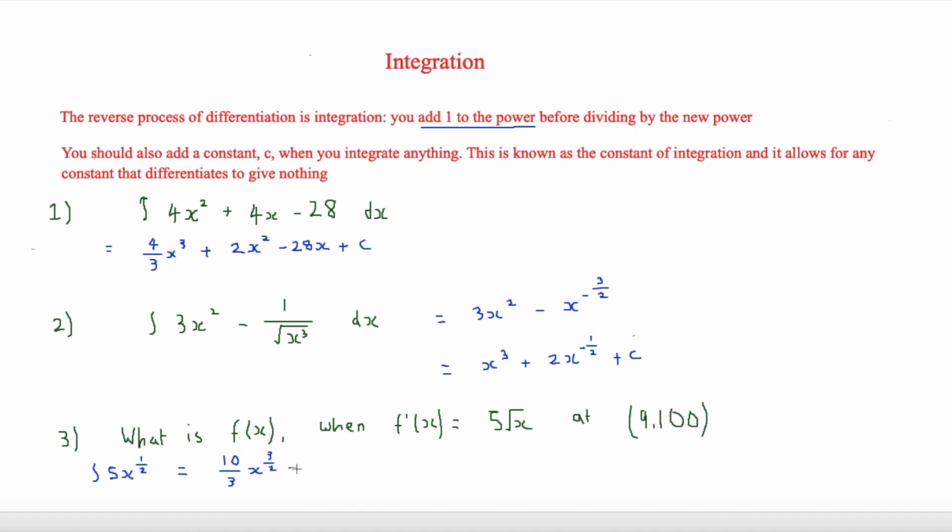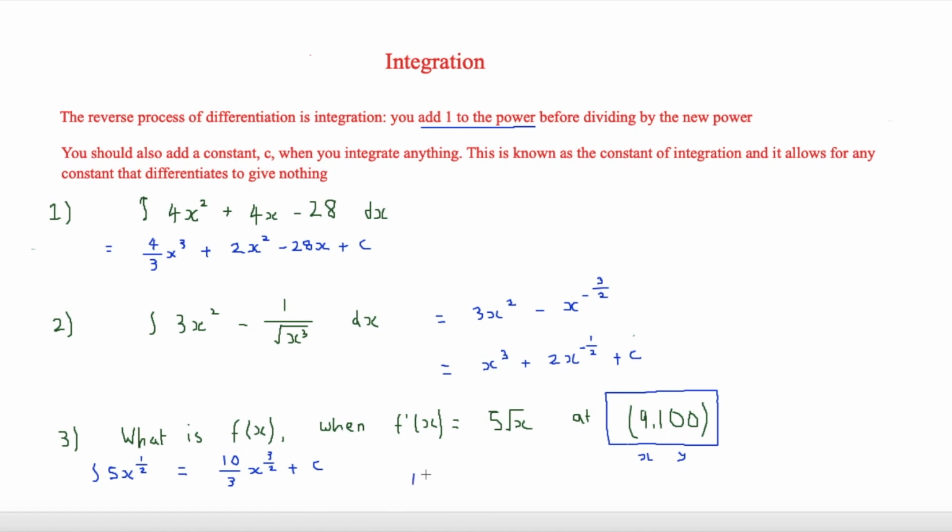And then obviously you have to have that plus c. But this is where you can start using this extra information that you have to start working it out. And we already know that this will be x here, and that one will be y. So therefore, you're just going to put them in, because